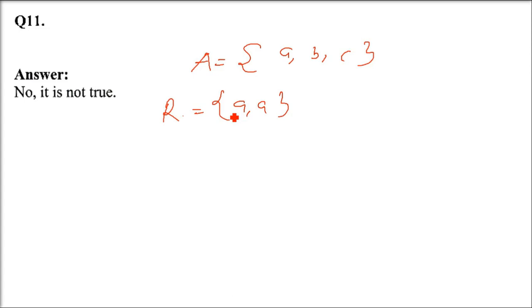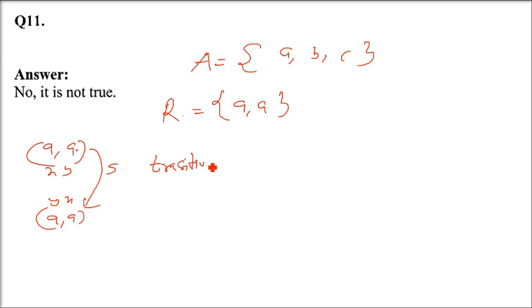I'll prove it otherwise. The relation is symmetric. If I take it as (x, y), what will (y, x) be? Just put x and y. So y is also a and x is also a. So (a, a) is also there. We started with (x, y), and (y, x) is also there. This is the first one. We have proved it to be symmetric, not yet transitive. See, there are only two values, there is no third value. So by default, we assume it to be transitive when there are only two and we are not having the third one.